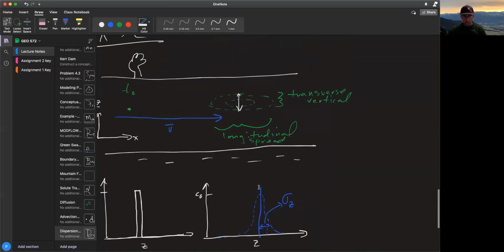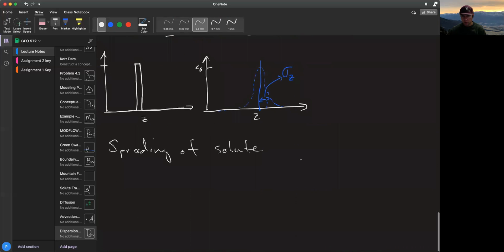As we move from our point source, it flows along with the velocity field and it gets spread by our random velocity distribution. So it's due to our random velocity, right? And if we assume v hat is normal,